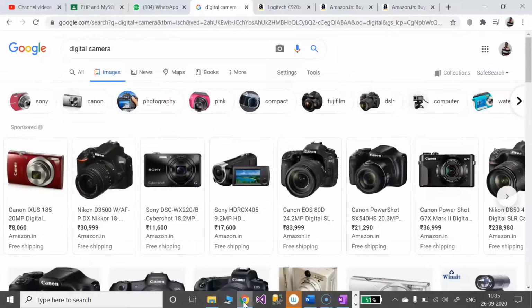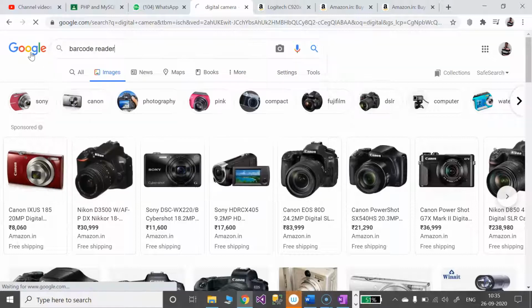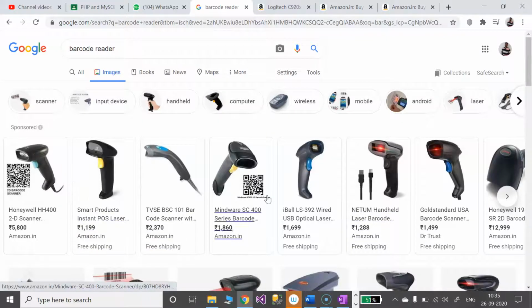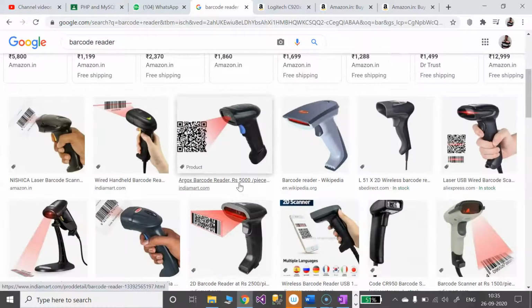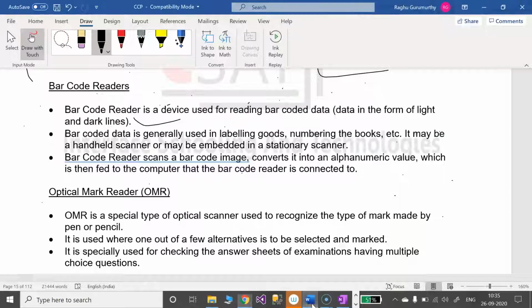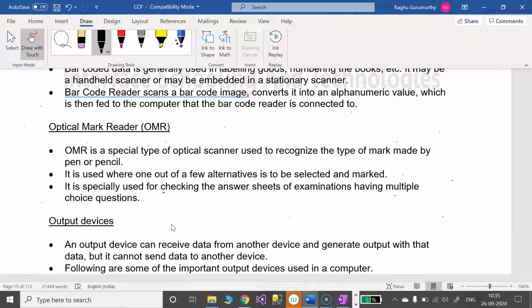I will show how exactly a barcode reader looks. See, this is the barcode reader. We may see these kinds of barcodes in our day-to-day activities. This is regarding the barcode reader.